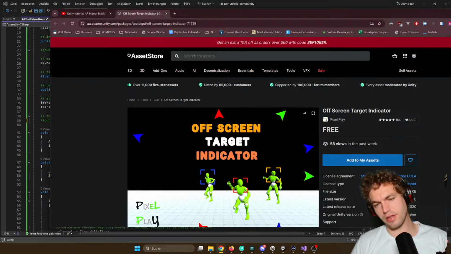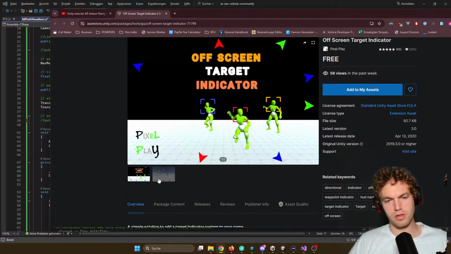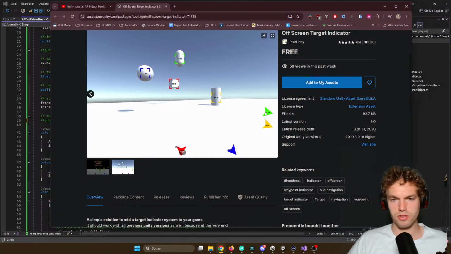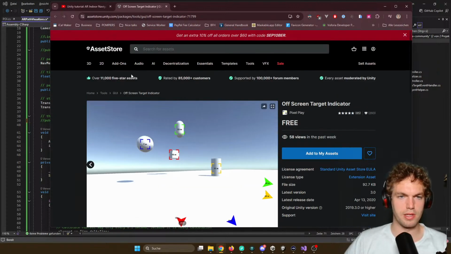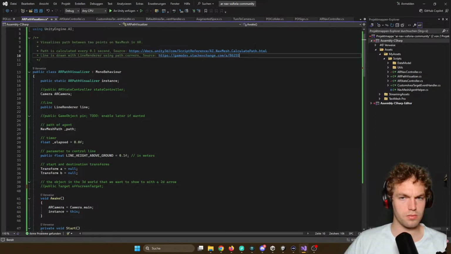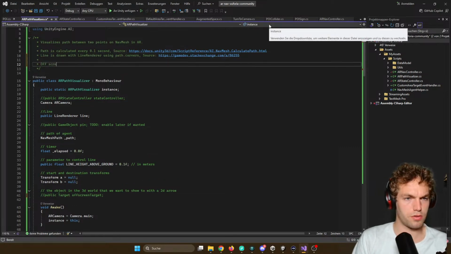asset I found, and essentially what it does, you have a tracker on a game object, and as soon as you go out of sight, it tracks the side of the screen, and then it shows this neat arrow. You can disable, of course, the meters and others, and yeah, so this I will add here. Green target works only with another